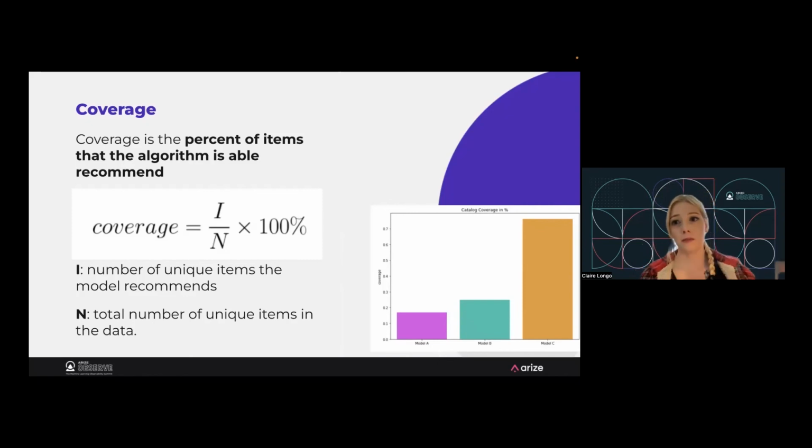Be cautious with this one, because your coverage will be 100% if you have a recommender system that's spitting out totally random stuff. And that's obviously not the personalized experience that we're trying to give to our users. So I find this metric really useful in conjunction with MAP at K and MAR at K. And I also find it really useful for live monitoring.